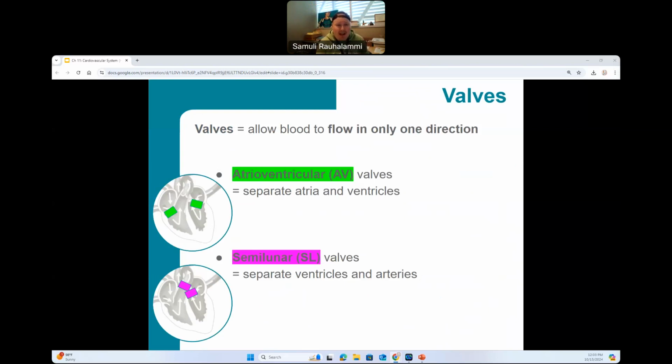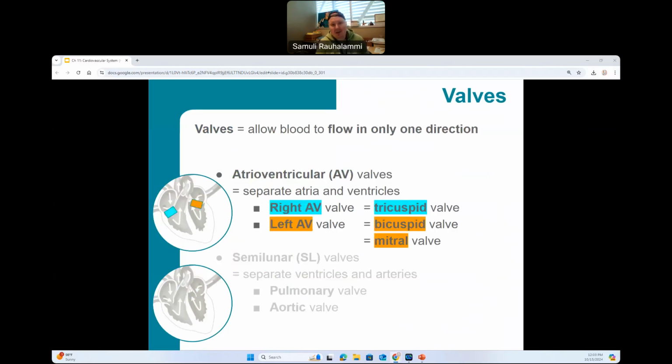So let's unpack each of these major divisions of the heart valves a little bit further. And we're going to start with the AV valves. So there were 2 AV valves. Remember, the term atria in buildings is this kind of a hall-like entrance area where the people gather before entering to the offices or other rooms. So the atrioventricular valve tells us that the atria is where the blood kind of gathers and then gets pushed to the